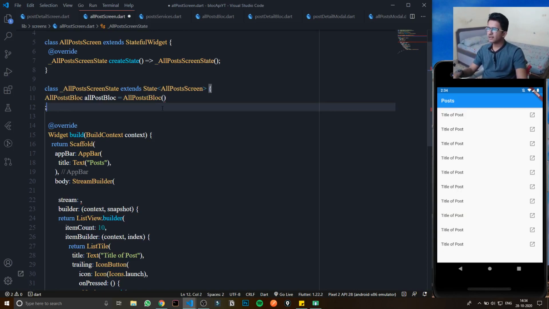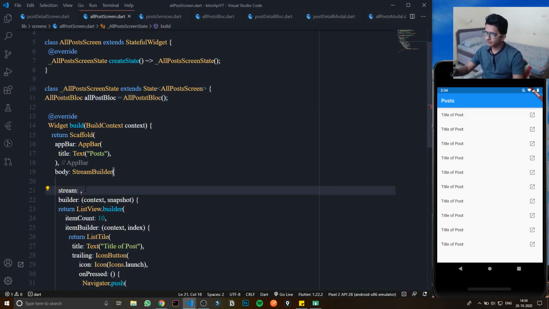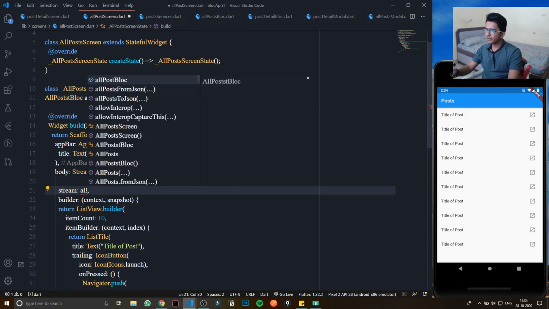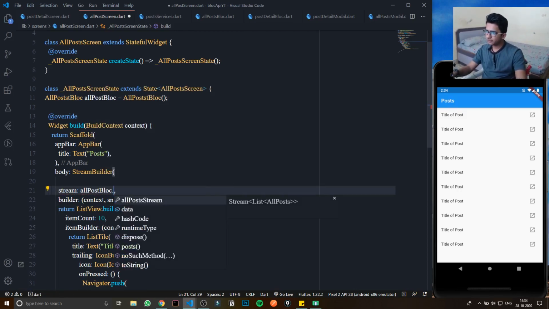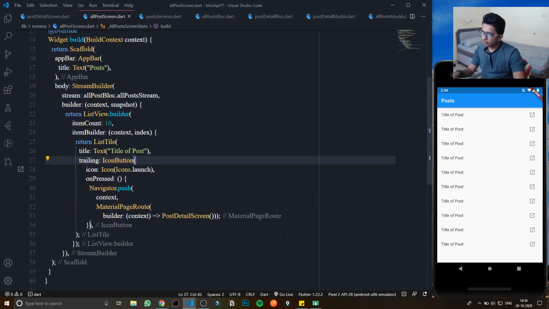Then I can call that object, and here it will suggest allPostStream. Great, right?